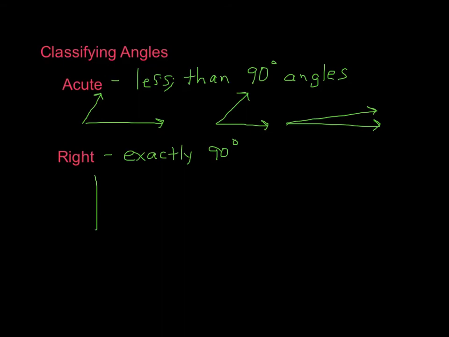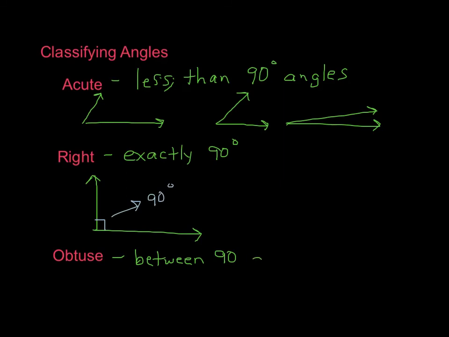And we have a notation for that so that we don't have to every time wonder if it's 90, and that is we put a little box in the corner. We make a little square out of it. That notation is an obtuse angle, and an obtuse angle is an angle that is between, or its measure is between